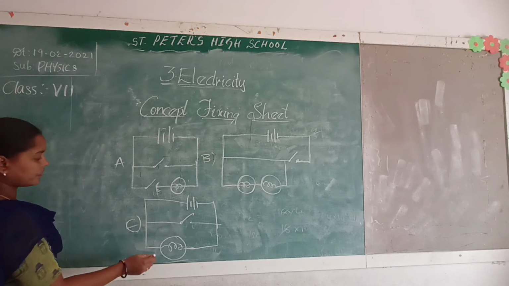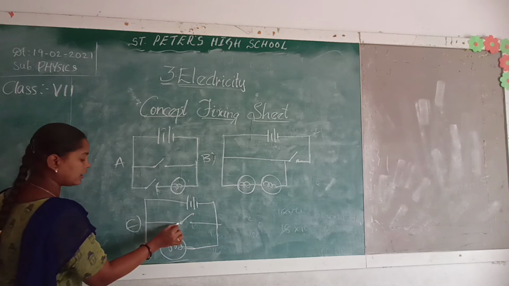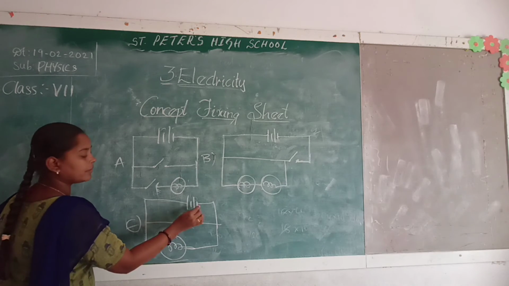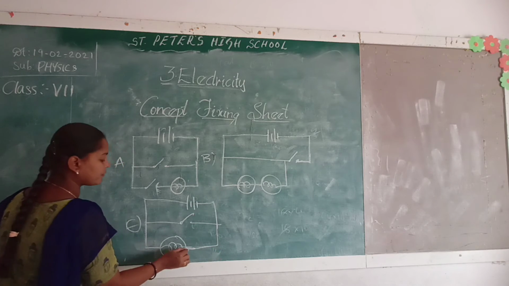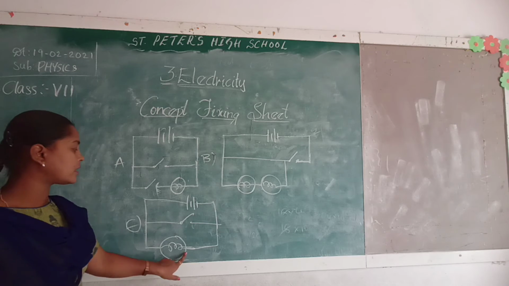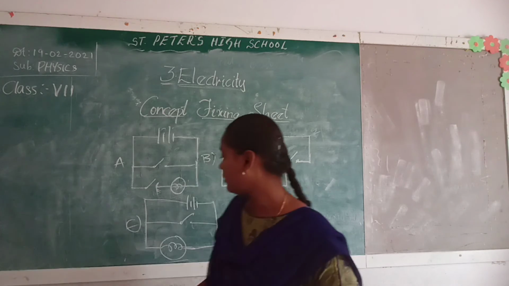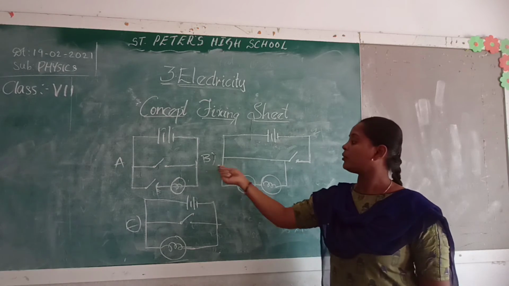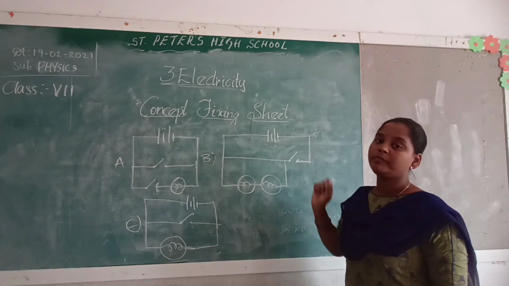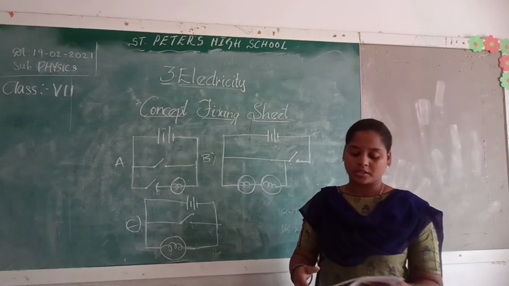What about the positive terminal here? It is connected at the top. The negative terminal is also connected to the bulb. So here the positive terminal as well as the negative terminal are connected to the cell and the bulb. So in the third case, the bulb will be glowing. Whereas for the two above this, the terminals are not properly connected. They have open circuits.